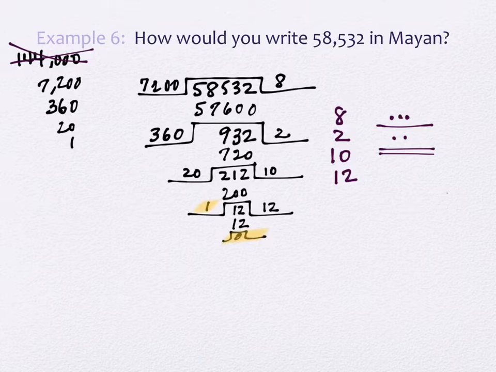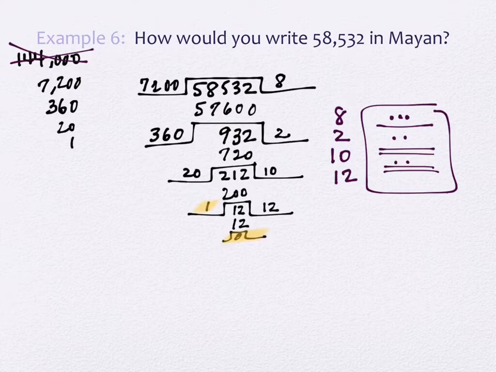How do I write a 12 in Mayan? 2 dots and 2 lines that look a lot like the 2 dots and 2 lines above them. And unfortunately, even though we have a 0, we've still got some problems, right? Now, the problem that we wouldn't have is, let's say, for instance, in this division over here, right in